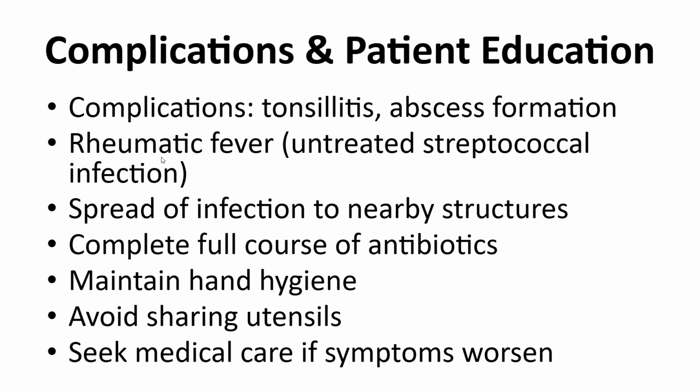And sometimes it can cause rheumatic fever, mainly due to streptococcal infections if untreated. Rheumatic fever means fever along with joint pains, and sometimes the infection can be spread to nearby or adjacent structures. In the patient education, we educate the patient